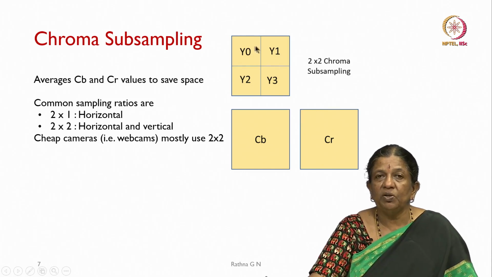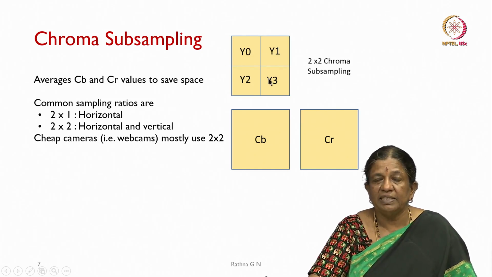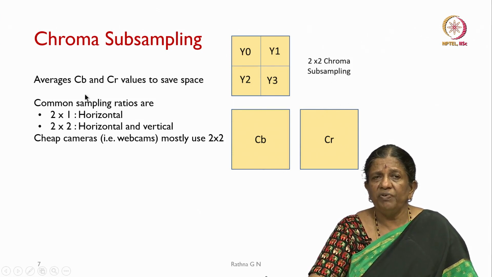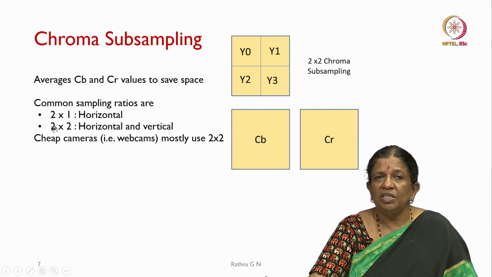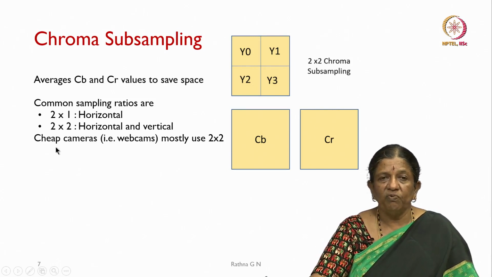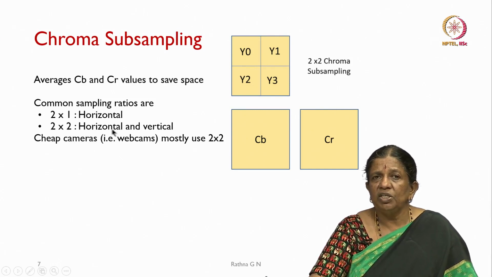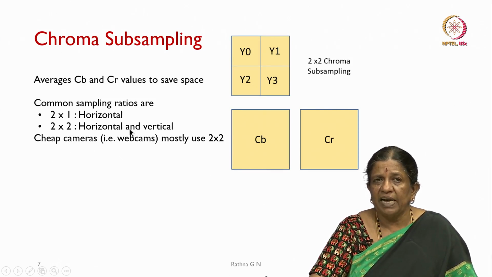We are going to keep the luminance Y0, Y1, Y2, Y3 as it is, and then we can do 2 by 2, that is chroma subsampling. So, how are we going to do it? We average the Cb and Cr values to save space. Common sampling ratios are 2 by 1 in the horizontal, or we can have 2 by 2, both horizontal and vertical. Cheap cameras, that is webcams, mostly use this 2 by 2 standard